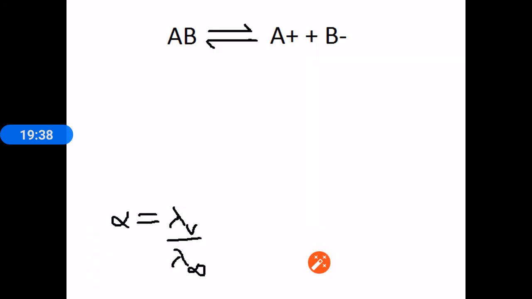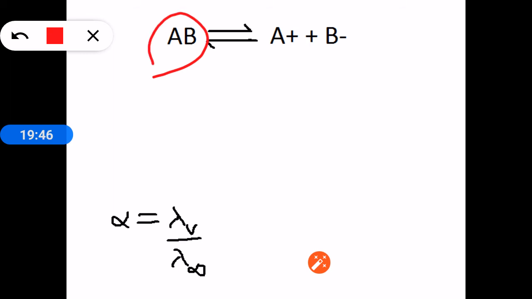It means colligative properties depend upon the number of solute particles. If it is not undergoing any ionization, the number of particles of AB will be only 1, but on ionization it is giving 2 particles. Each cation and each anion will behave like a particle. On ionization it has two particles, and before ionization the molecule has only one particle.